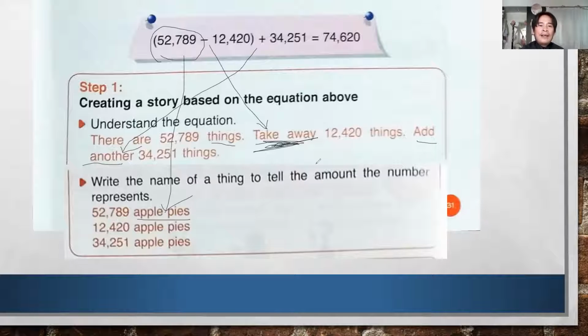Add another 34,251 things. So again, the things here are apple pies. So to make the story short,